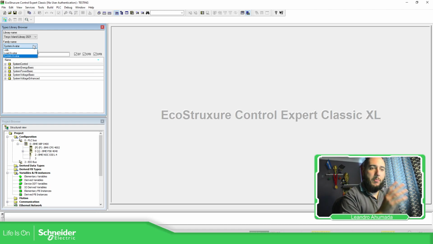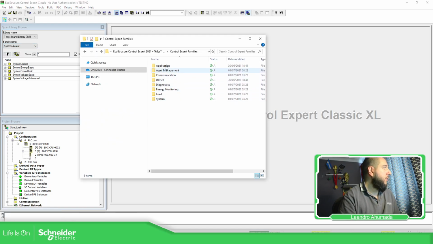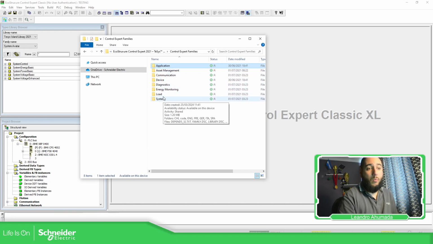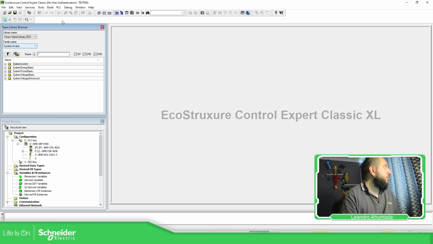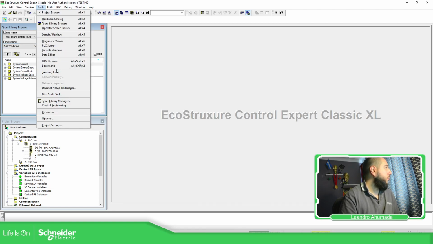You need to repeat this process until you finish these ones. You need to do the same process for each of them if you want to have everything. I probably recommend to have it. Then if you want to uninstall something, what you can do is go to Tools, Types Library Manager.